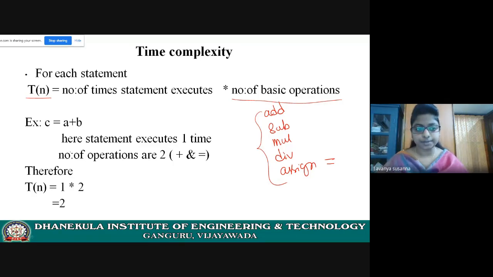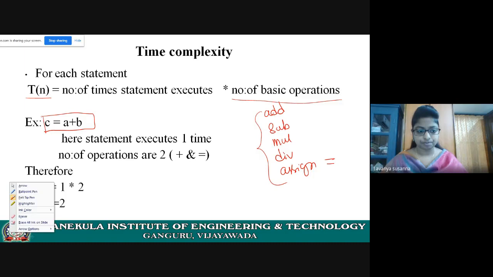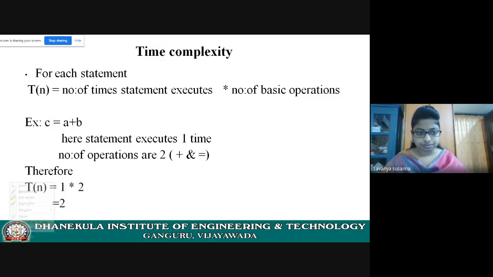Now let us see an example. This is a statement: C equal to A plus B. Now let us see the time complexity of this statement. Remember that each statement will execute only once.